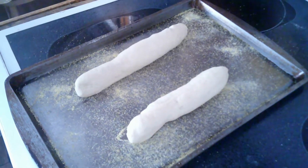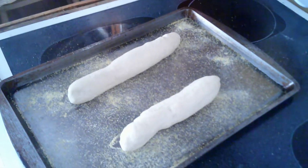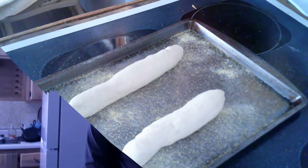All right. So there's those 2 rolls. They're going to sit on that tray, and they're going to double in size. I'm going to give it about an hour. While I'm waiting for those rolls to rise, I'm going to make the